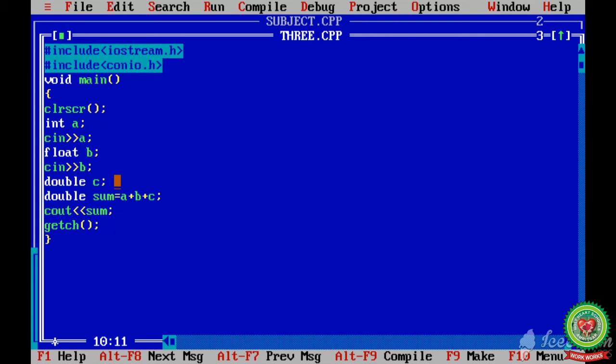As many values as I want the user to fill, I will write cin and the variable name. In one line we can declare the variable, and in the next line we can ask the user to input the value with cin and the get from operator. And cout and put to operator is used to give the result.